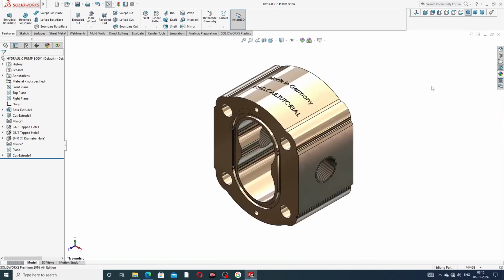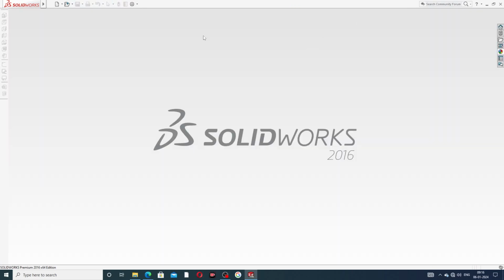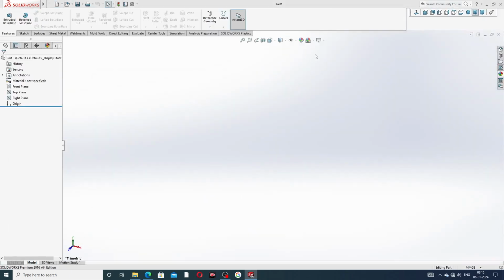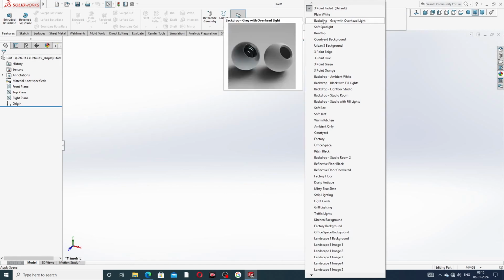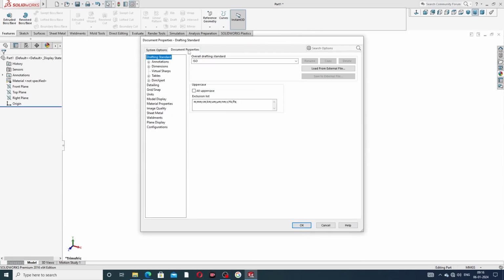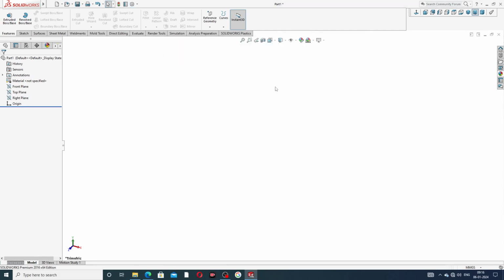Okay guys, let's start designing this body. At first, some settings are very important. At first go to this part, where the part is drawn, and some settings are very important. At first, this is a plain white, and go to Options, Document Properties, and this is Image Quality. Image quality is very high because this body is looking perfect, and all geometry lines are looking perfect. Okay,